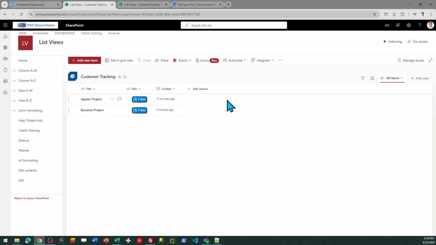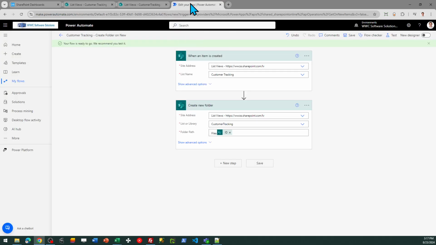Now, in order to use this template, we need a simple workflow. So make sure you create that workflow first. In Power Automate, I need this simple workflow. This trigger is going to be when an item is created in my SharePoint list. I've already got my site and list selected,